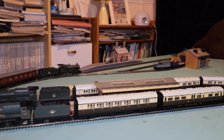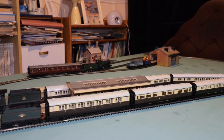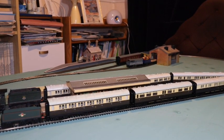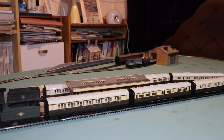These would pull either goods or passenger trains, so very, very versatile little locomotives. In fact, I do believe that 3205 was actually seen on the Somerset and Dorset. Once the Somerset and Dorset was taken over by the Western Region of British Rail, a number of Collett Goods locomotives were actually transferred over to the Somerset and Dorset